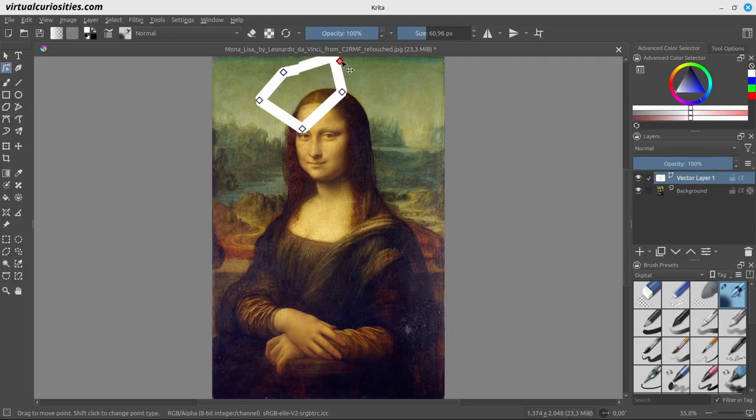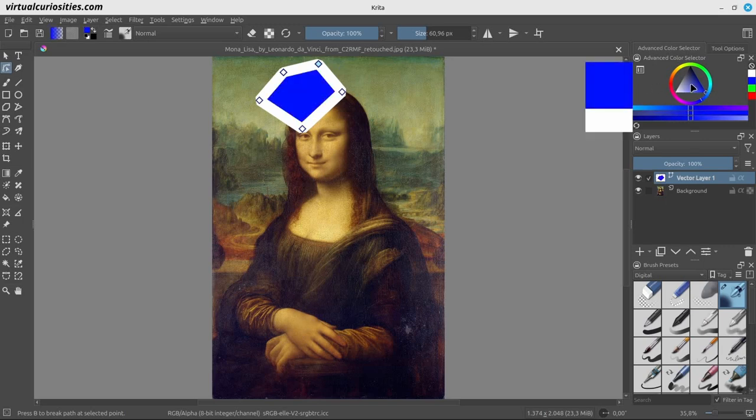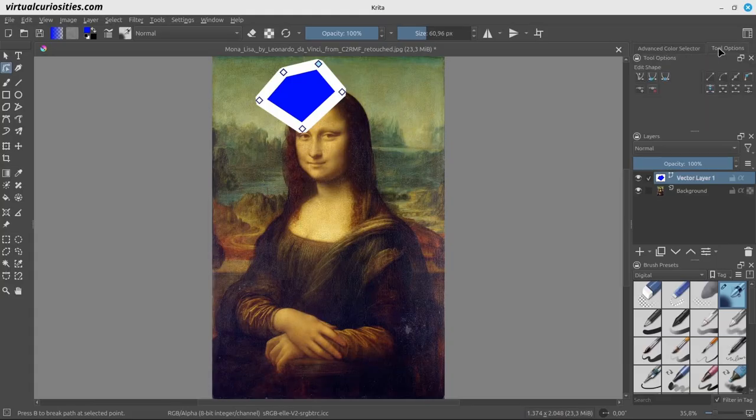Its support for vectors is really basic and honestly very clunky to use. For example, to set the fill color of this shape, I can click on the color selector while the shape is selected. But to remove the stroke outline, I need to go to Tool Options Docker, but not this Tool Options Docker. I need to switch to the Select Shapes tool first in order to edit the stroke of the shape. However, if all you need to do is create a simple vector clipping mask, then vector layers can be